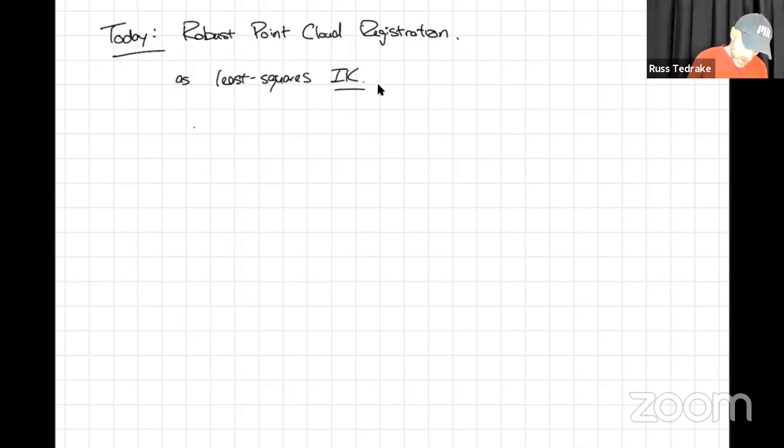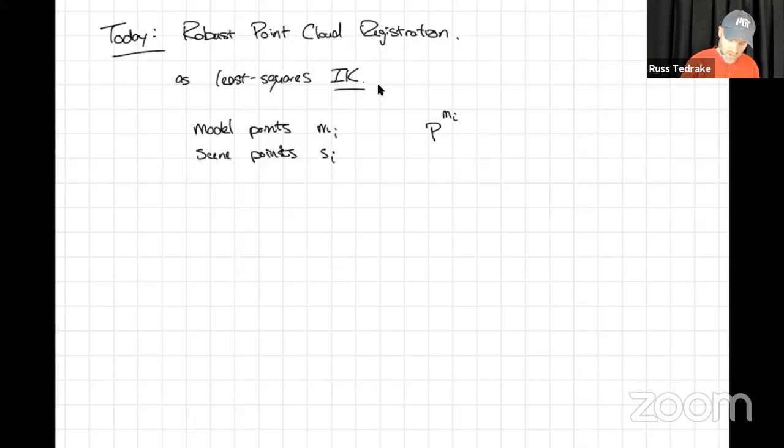And the notation was our model points, m_i, it's a lowercase i, and our scene points, s_i, and they have positions in the world using our good old spatial monogram notation, like this. In particular, the model points we think of as being given in the object's frame. And the camera points, or the scene points,